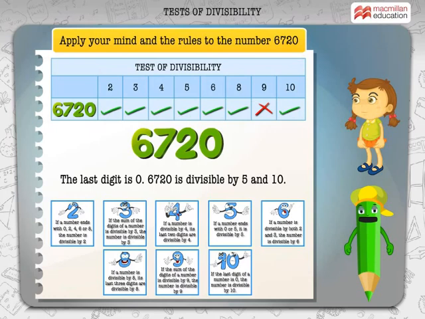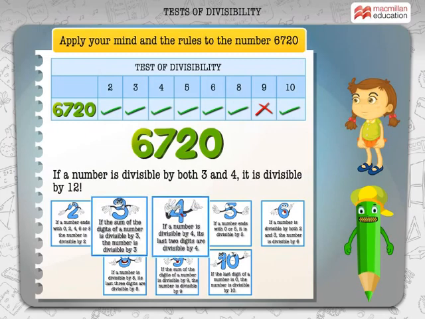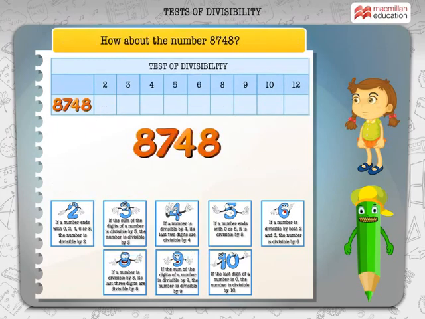Is this all? Aha! You can learn one more trick here. If a number is divisible by both 3 and 4, it is divisible by 12. How about the number